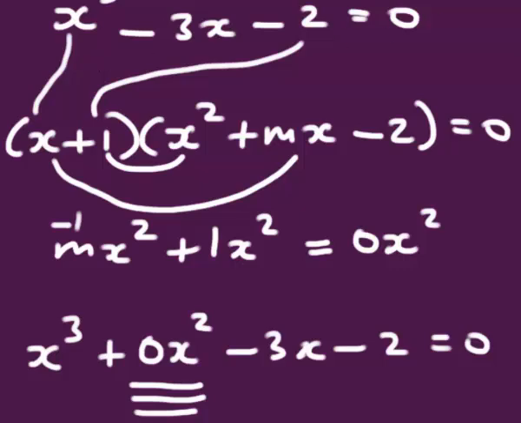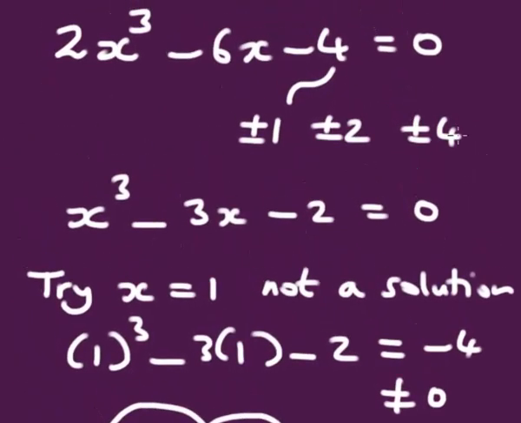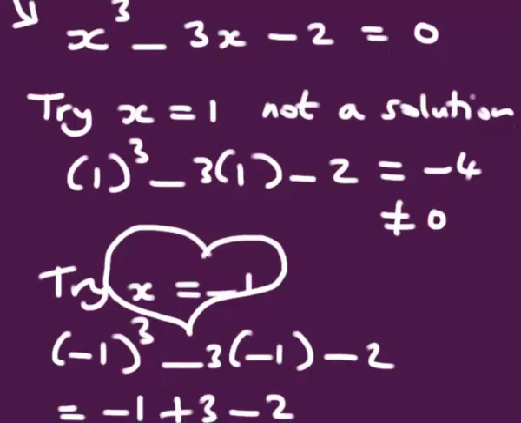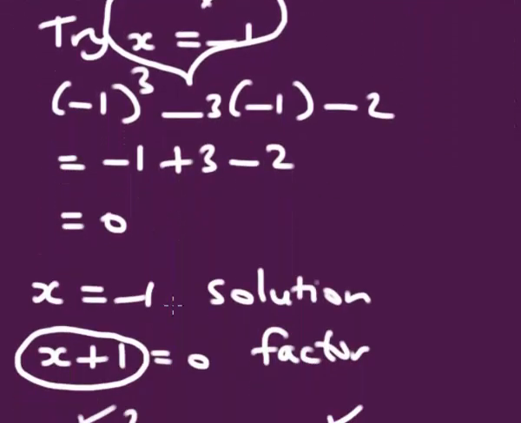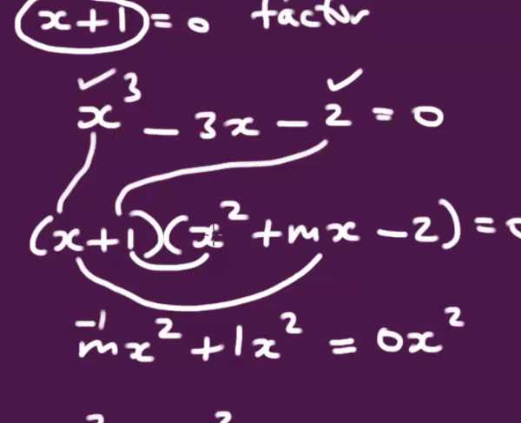So let's just recap a little bit on this. What we did is we started with our cubic. We wrote down the factors of 4, the constant term. We simplified the cubic to make it easier to work with. We tested 1. It didn't work. Minus 1 gave us 0, which meant it was a solution. And we popped the minus 1 across, and we got ourselves our factor. Then we went x cubed over x is x squared, negative 2 over 1 is negative 2, and we put in the missing middle term mx. Then you connect the x squared terms by going 1x squared plus mx squared, and remember there's a missing term here, so what do